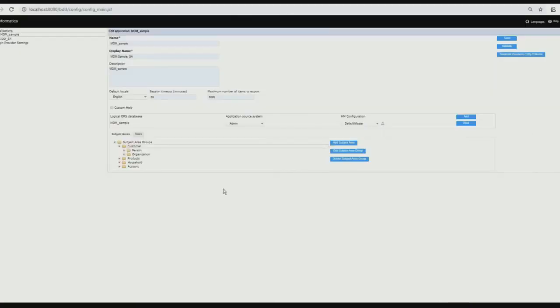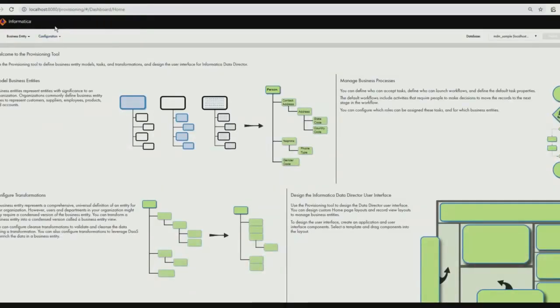Before we move forward, let's take a quick demo. I have logged into the 10.3 IDD config, where I have an MDM application, MDM sample. Person is my subject area, and organization is another subject area. If I want to create something similar to this based on business entities, I log in to the provisioning tool, which is the data modeling tool for business entities. If you click on the drop down in the modeling part,